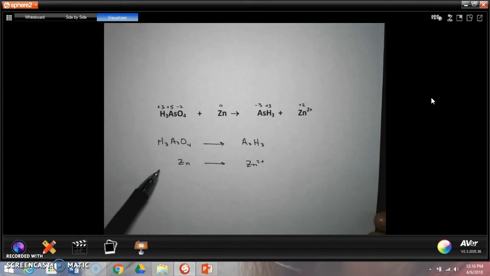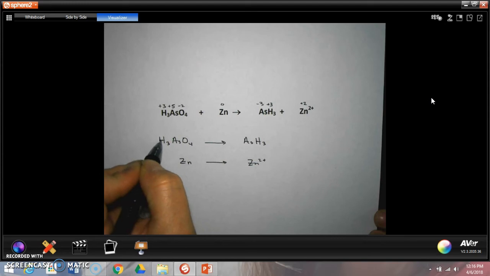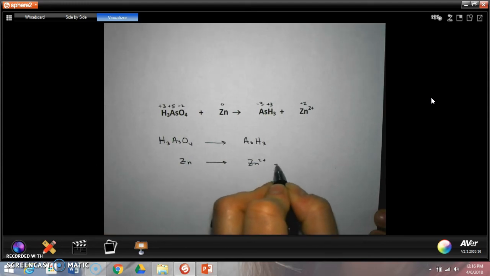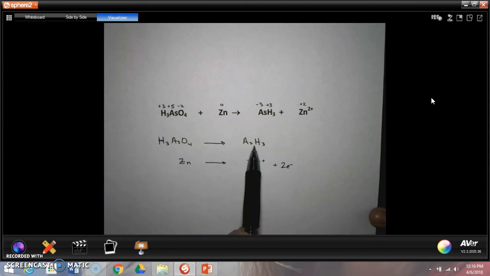So now the half reaction method asks me to first balance each half reaction by themselves. So doing the zinc one is pretty easy. I can add 2 electrons there to balance that half reaction. So you kind of have learned the half reaction method already because we can use it on the really simple things. All right, so now to balance this, all the atoms are balanced, but I have to make sure that